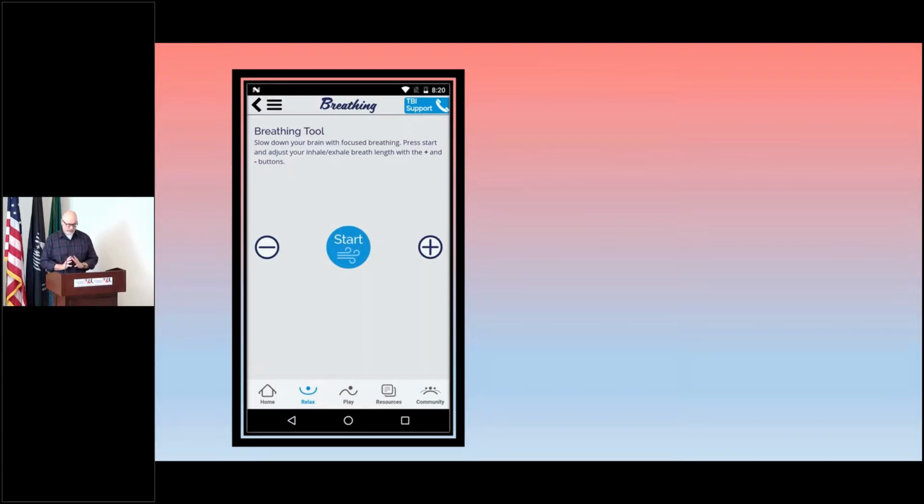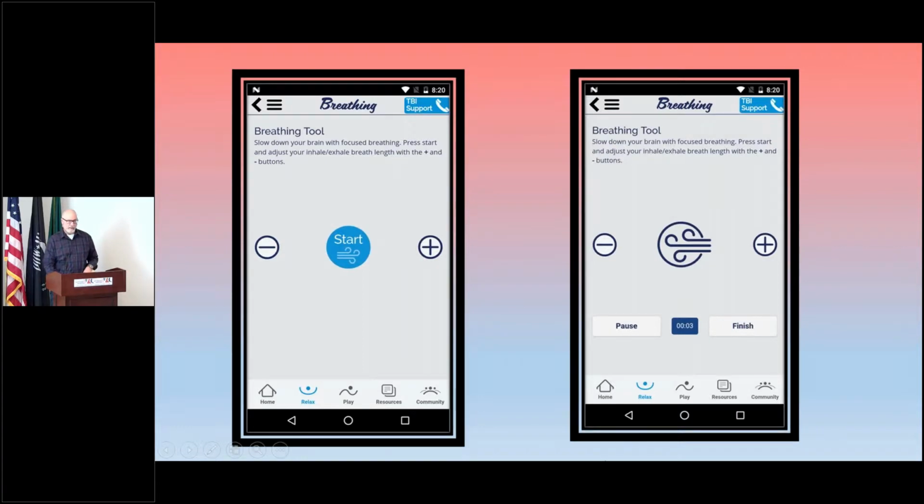The best breathing is called circular breathing. Circular breathing means that your out breath is the same as your in breath, it's the same length. Again, it's not something we typically do very naturally, but this app is going to help you engage in that circular breathing. So all you do is you tap that little blue button on the front,